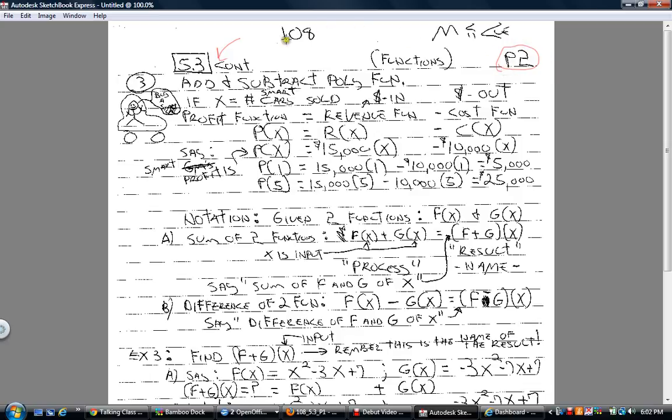Okay, I got off my soapbox there, but I'm on a new one now. And objective 3 deals with adding or subtracting polynomial functions. We're going to learn some notation in this section, and to kind of jumpstart this idea of functions,